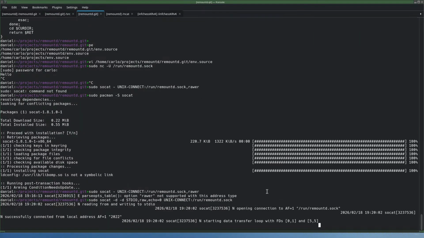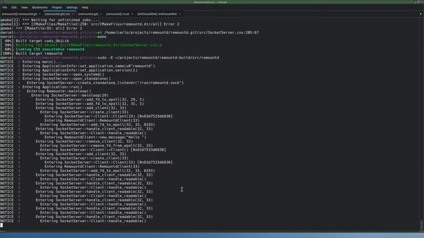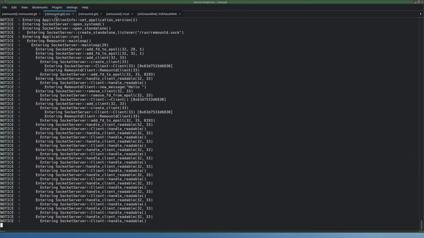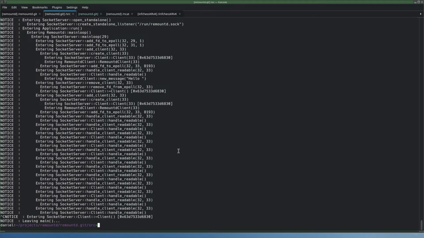And then I can add ELLO space, and still there's no new line. And then we continue with world, and then enter. And now it should appear here as a new message, and it doesn't. Well, that looks like not working then.